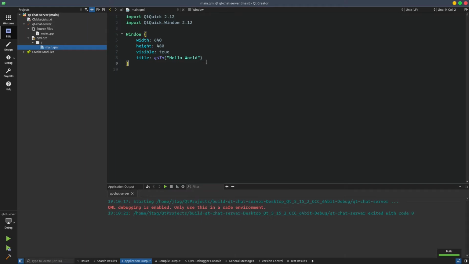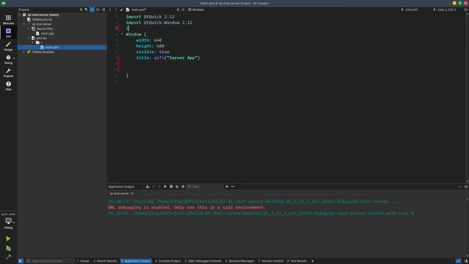Okay, so for our UI we want a simple page to show our messages, and on the bottom of our page we want to have some kind of text box to give message from user and send it back to other clients. So I want to choose a name for this server app, for example. Here we need a